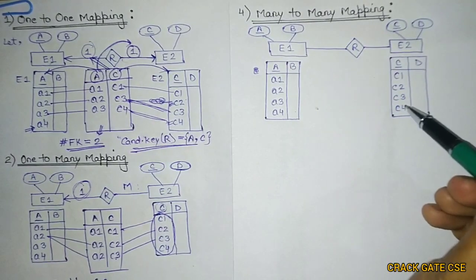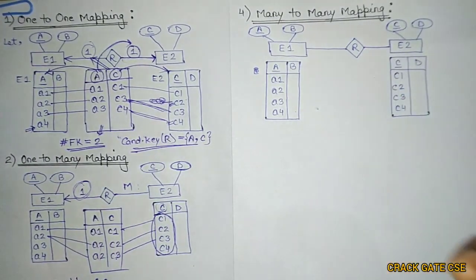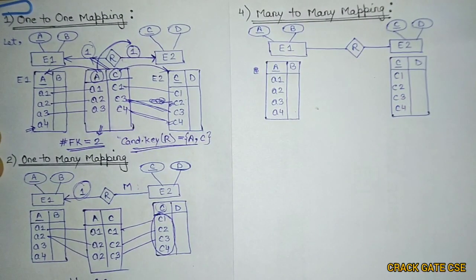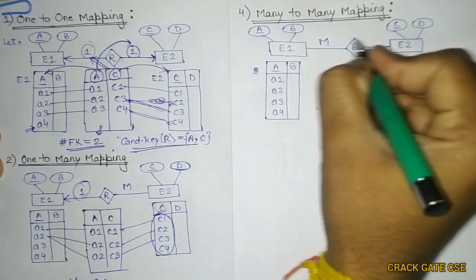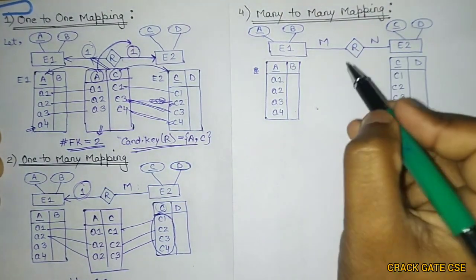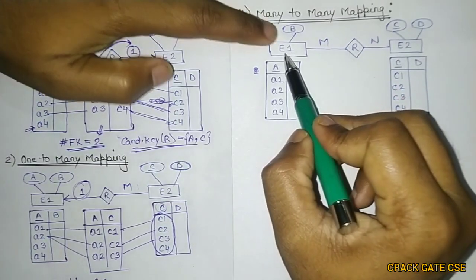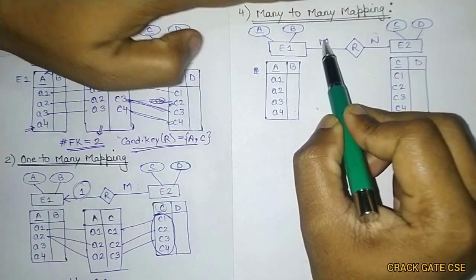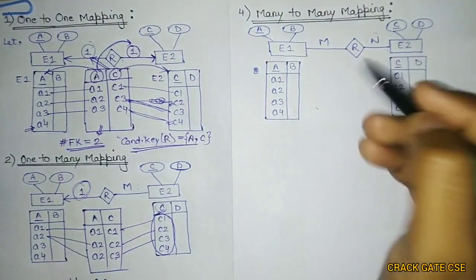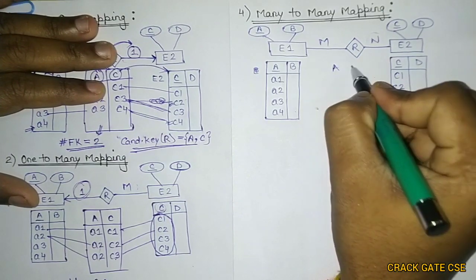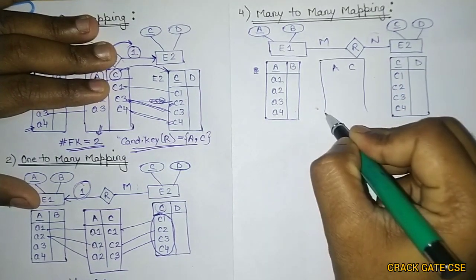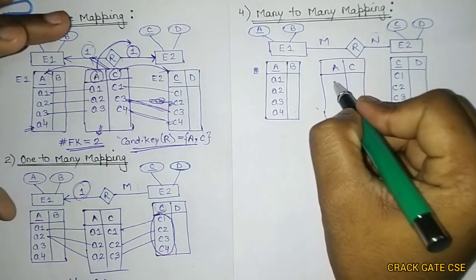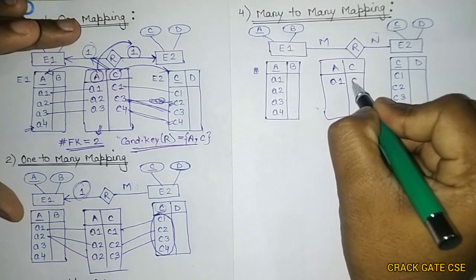Again, I am having the same example with the same tables. See, there is no arrow, and if there is no arrow, that means it is many to many, that is m to n, right? So again, this can relate with more than one value of E2, and this can relate with more than one value of E1. So that means there is no restriction. So if I take both the key values for E1 and E2 and try to relate them, I can write it as A1 C1,